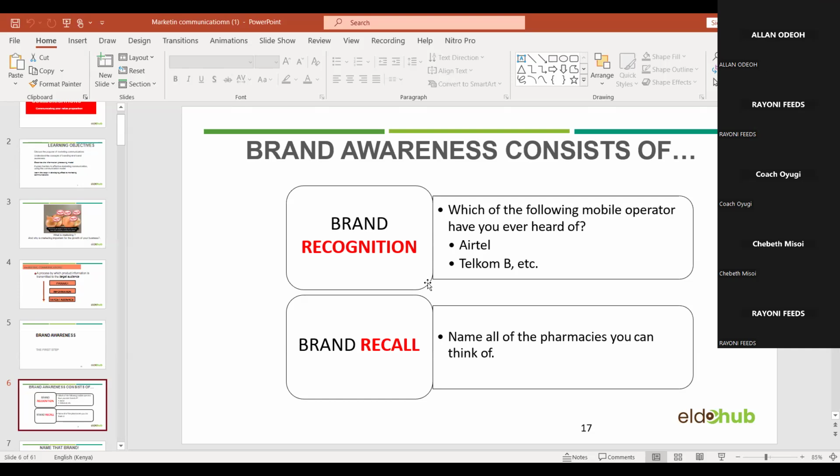So brand recognition is where customers see your logo or your product and can easily identify it, like, yeah, this is Kiwi or this is Coca-Cola. When you talk about brand recall, this is when your customers can remember your brand without seeing it. It's just in their mind, like C Naturals, maybe even some people call you just C Naturals instead of Caroline. If they call you that, they recall your brand without even seeing it. It's just in their mind.